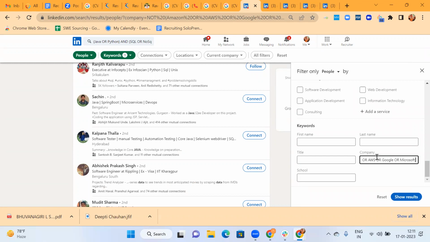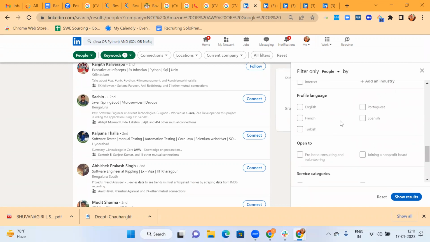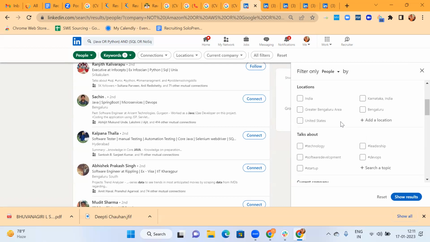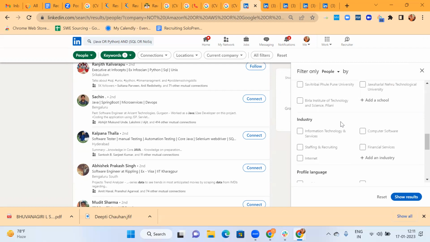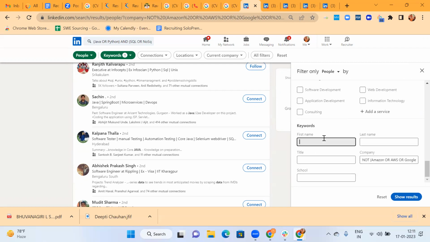Maximum up to 5 operators. You use 5 here, 5 here, 5 here, 5 here, 5 here. You can do that. So wherever you see that drop down, it's unlimited. You can go up to 100. But wherever you see a text entry like this, it's 5 operators. There is a separate session on uncovering LinkedIn. In that, I'll cover all those things.